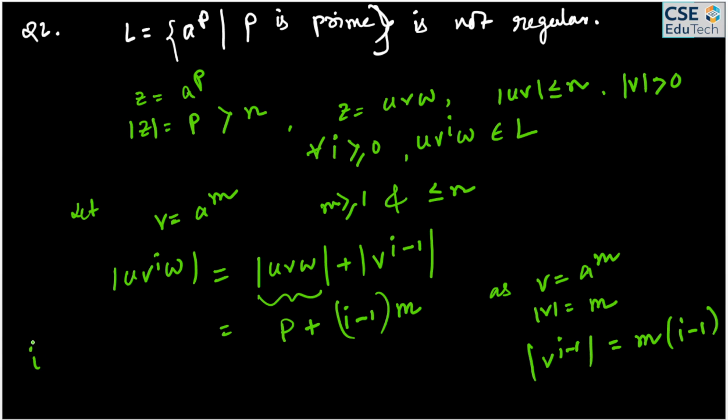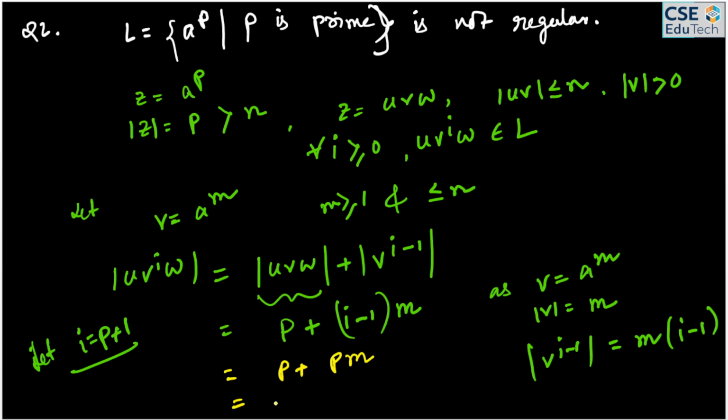So let I be equal to p plus 1. That means the next prime number. P is a prime, so p plus 1. I can be any, for all I that should belong to the language. So we consider that I is p plus 1, where P is a prime number. Now if we put this value here, p plus I is equal to p plus 1, that is a p